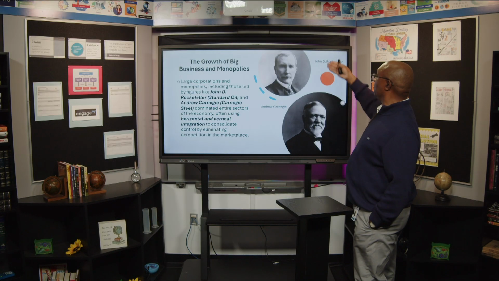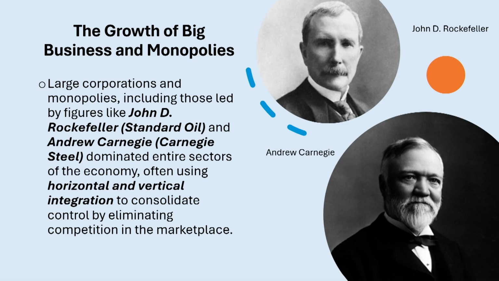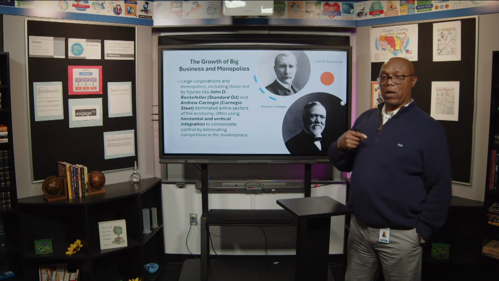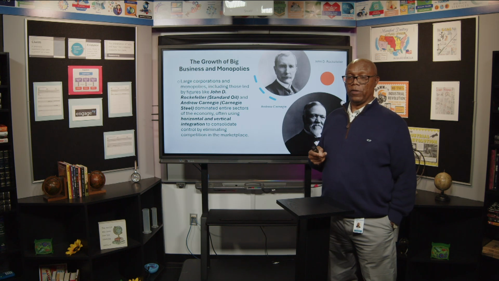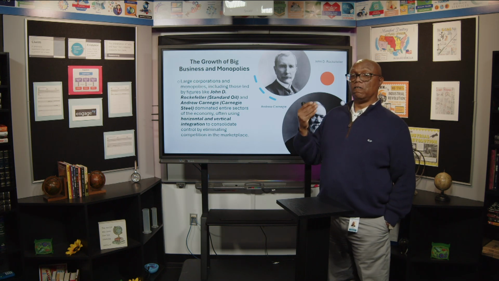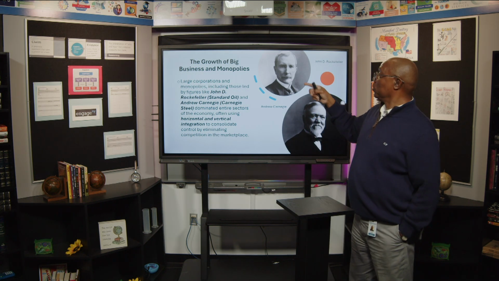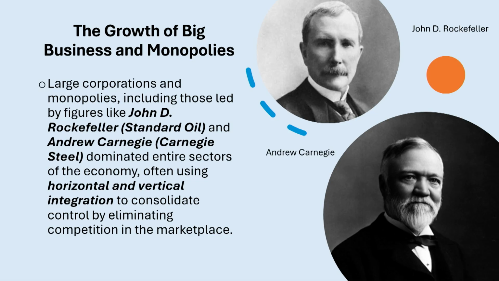On the left up here, you see John D. Rockefeller on the top, and then at the bottom, Andrew Carnegie. They were characterized as robber barons in that they were able to amass great fortunes, usually at the expense, of course, of their workers. Large corporations and monopolies, including those led by figures like John D. Rockefeller from Standard Oil and Andrew Carnegie, dominated entire sectors of the economy using horizontal and vertical integration to consolidate control by eliminating competition in